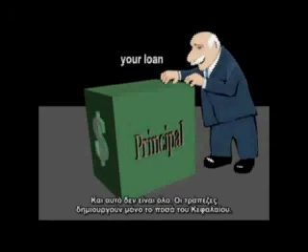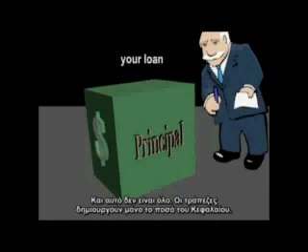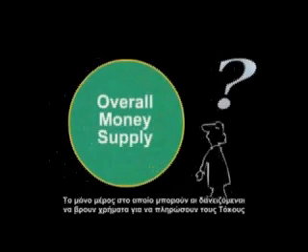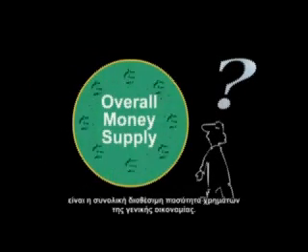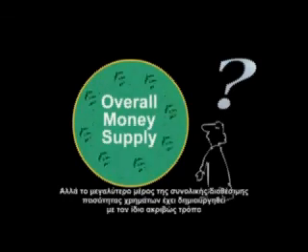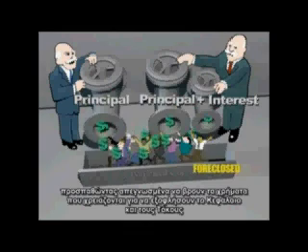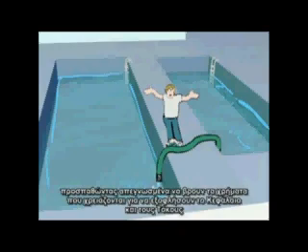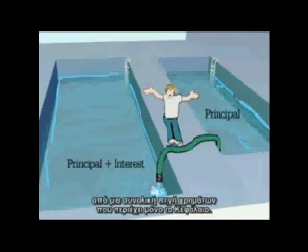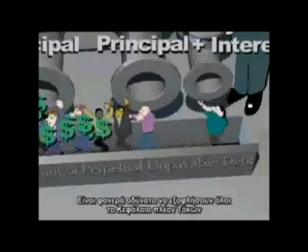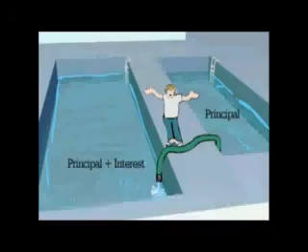And that's not all. Banks create only the amount of the principal. They don't create the money to pay the interest. Where is that supposed to come from? The only place borrowers can go to obtain the money to pay interest is the general economy's overall money supply. But almost all that overall money supply has been created exactly the same way as bank credit that has to be paid back with more than was created. So everywhere there are other borrowers in the same situation, frantically trying to obtain the money they need to pay back both principal and interest from a total money pool which contains only principal. It is clearly impossible for everyone to pay back the principal plus interest because the interest money doesn't exist.